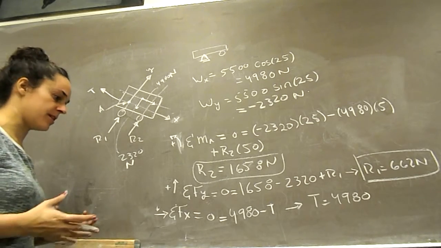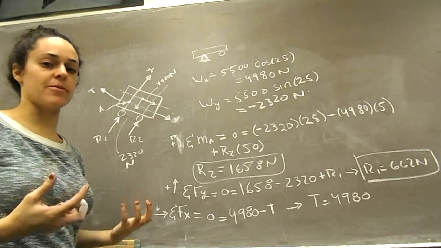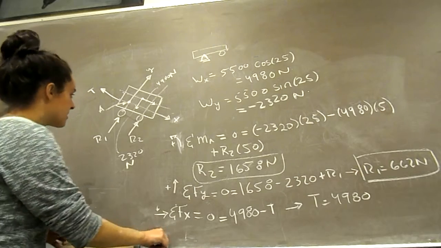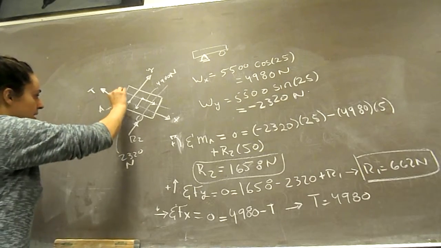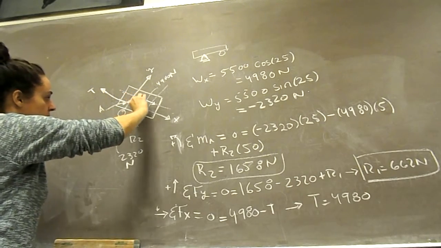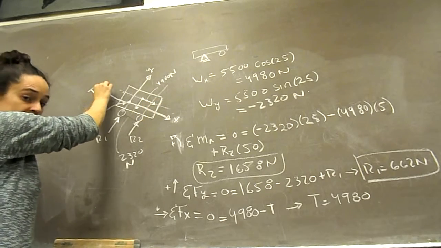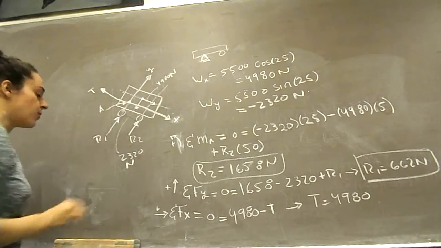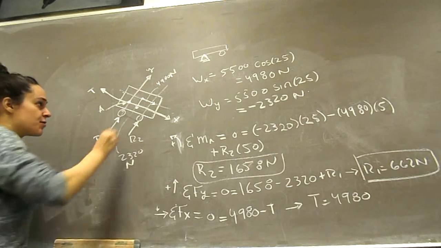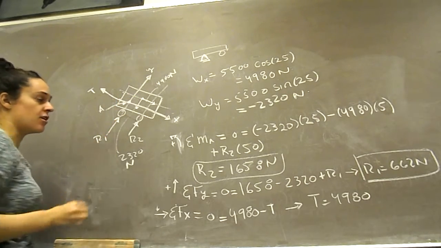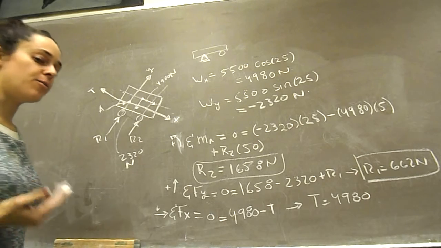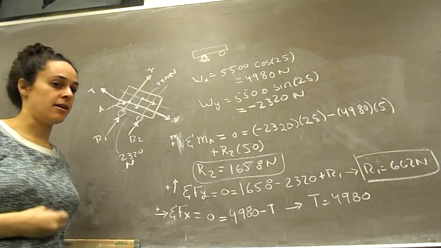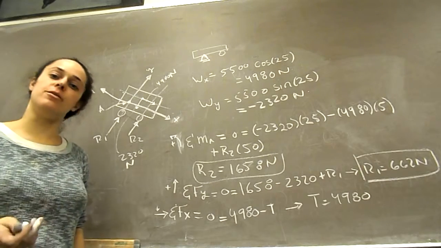Sometimes the trick with these statics problems is to know where to take the sum of moments. In this case, if we draw a line along that tension force, and we draw a line perpendicular to this R1, it's nice if we take a moment where those 2 intersect. Why is that? The reason is that we can knock out 2 birds with 1 stone, meaning that 2 of our unknowns